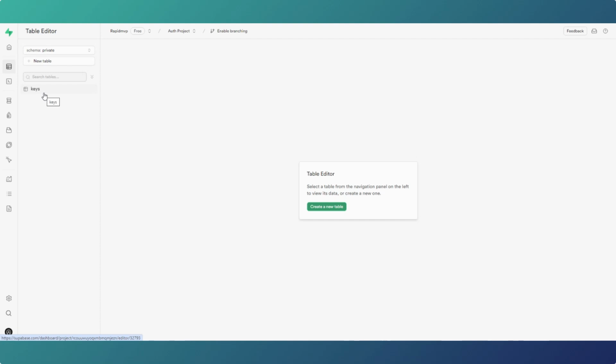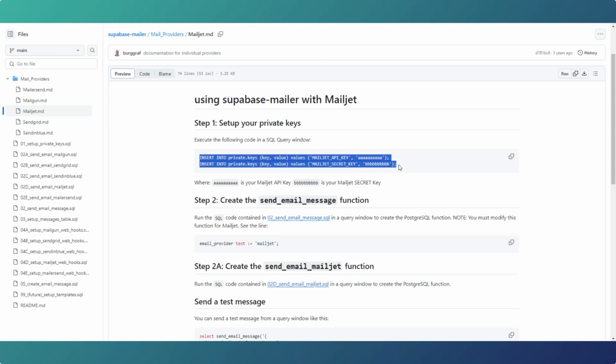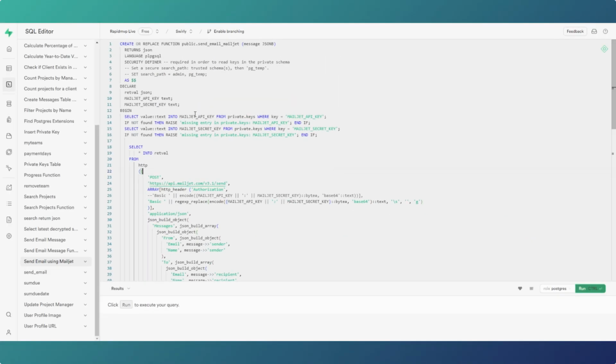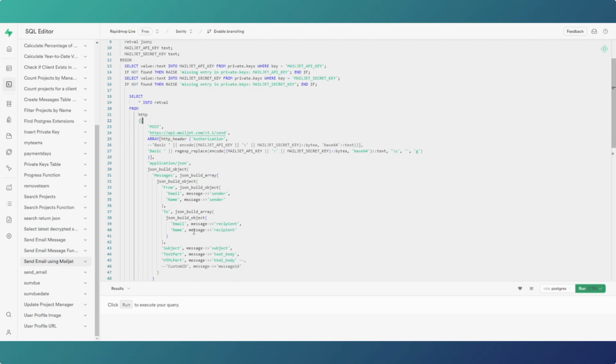And also, obviously, you don't have to use the insert private keys function necessarily. You can just copy and paste them or type them into the table manually. It's entirely up to you. So really, the first thing you're going to have to do is go and just read this documentation because it's all here. So we're selecting those from our private schema, and then this is really where we're getting into the